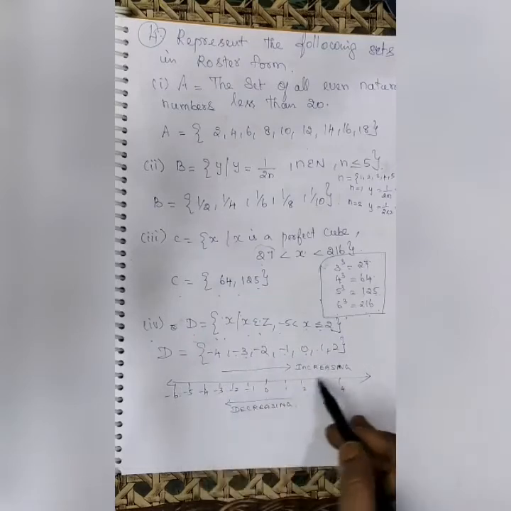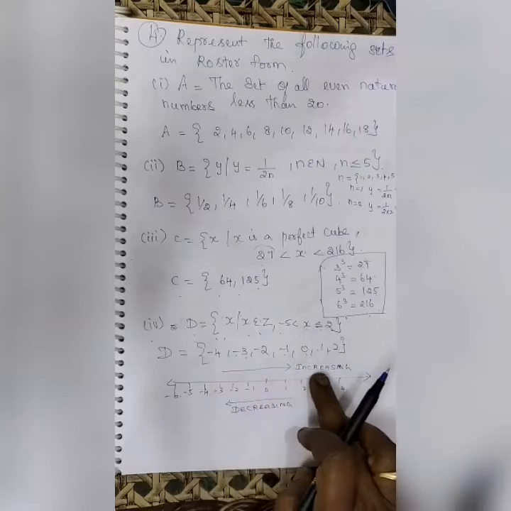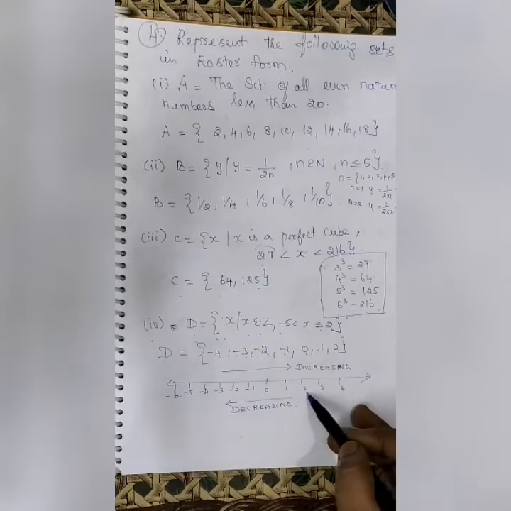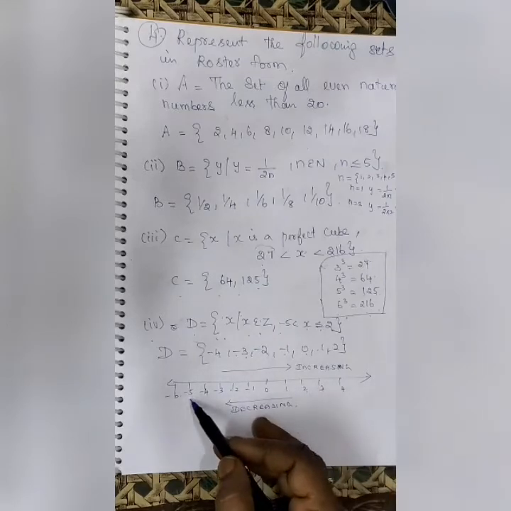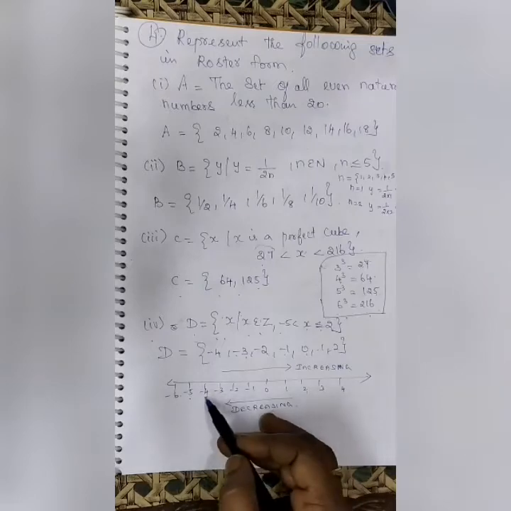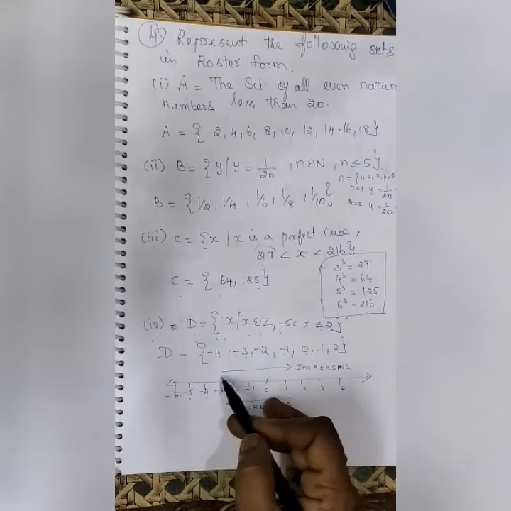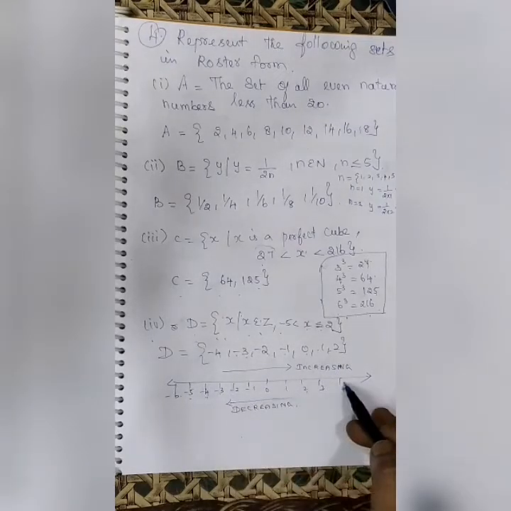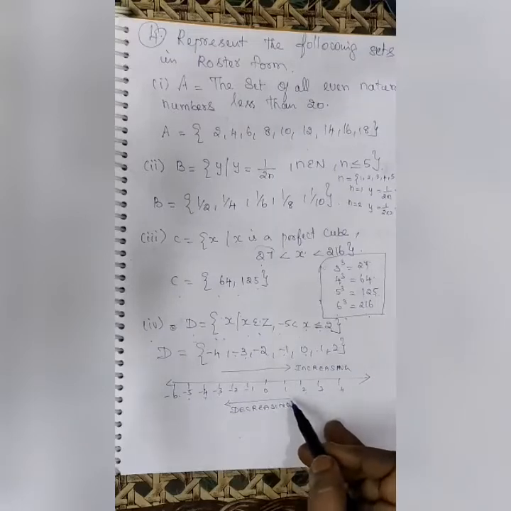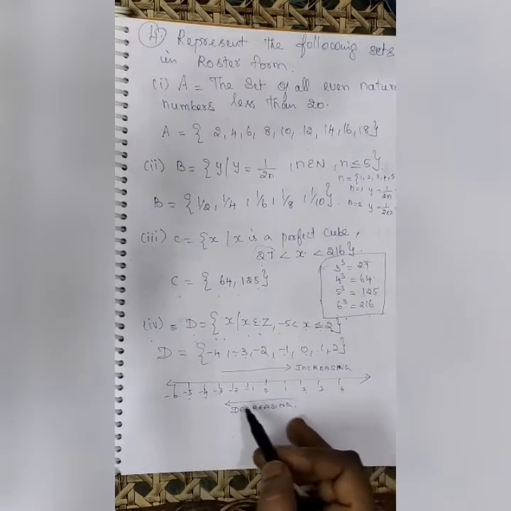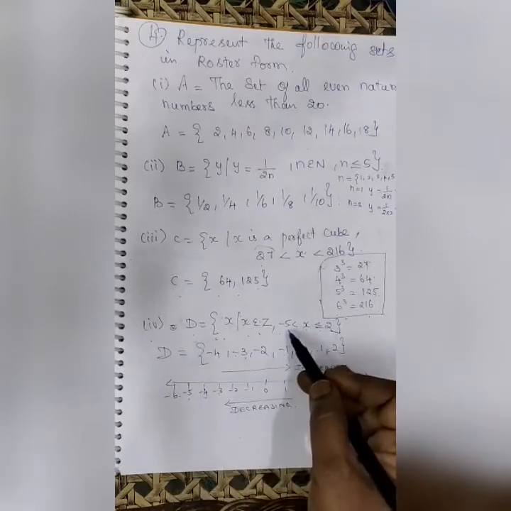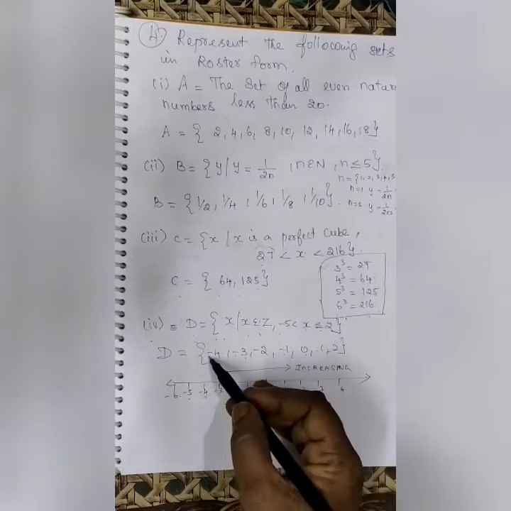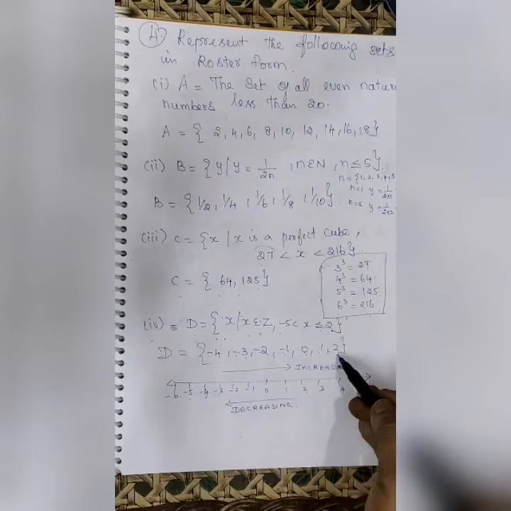How? On a number line, when we move to the right side, the numbers increase. See, the number greater than 1 is 2. The number greater than 2 is 3. Likewise, the number greater than minus 5 is minus 4. The number greater than minus 4 is minus 3. So when we move to the right side of the number line, the numbers increase. When we move to the left side, it decreases. As we know from the number line, the number greater than minus 5 is minus 4. So I have listed minus 4, minus 3, minus 2, minus 1, 0, 1, 2.